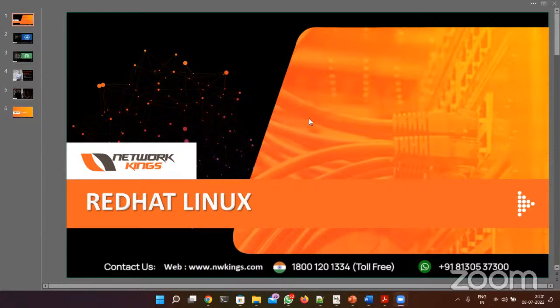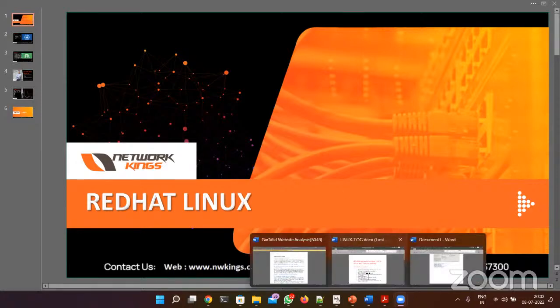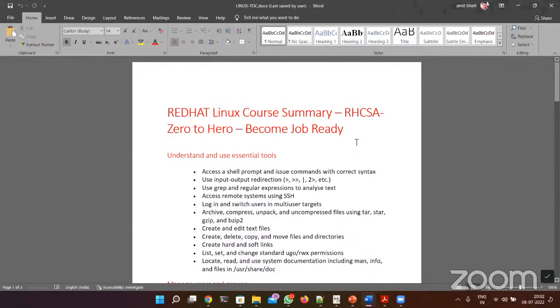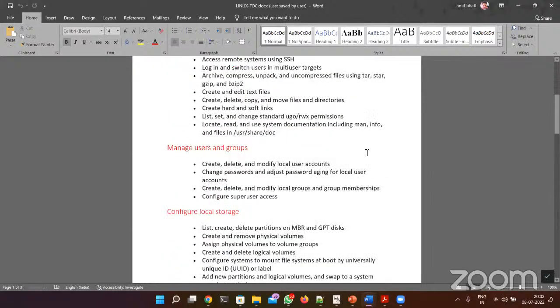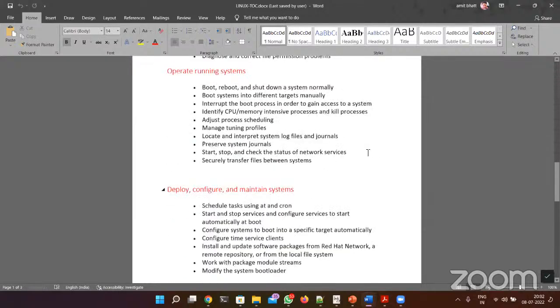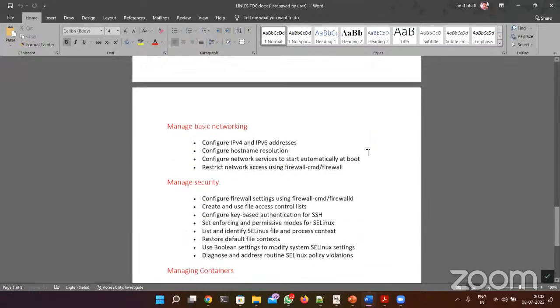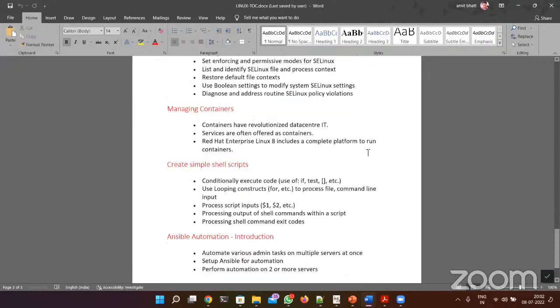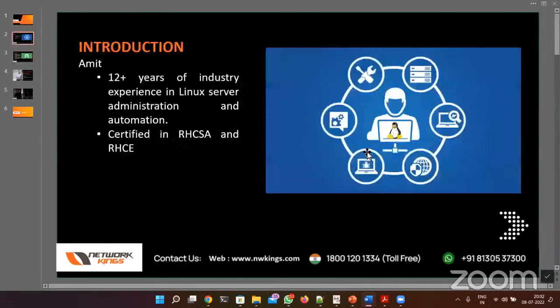And yes, after the course, we're going to learn about automation as well. So I will show you all the table of contents, and we will discuss each point. We have so many points here to learn in this course, and it will be an approximately 50 hours course in which we will learn the complete fundamentals of Linux. Second, we are going to learn